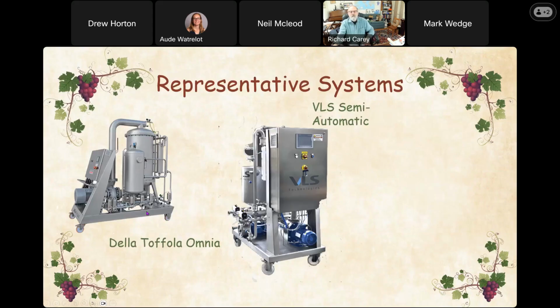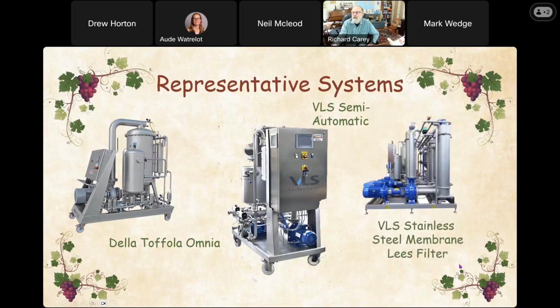We have Delatopola. This is an example of one of their kinds of units. This has a ceramic membrane system. The Delatopola is Omnia, and they have a large number of ceramic membranes in here with one single pump that turns things around. This is your backflush unit, and this is all automated so that you can operate the system in a continuous fashion. VLS is semi-automatic, and it does it based upon a program that you can monitor while you're doing it,